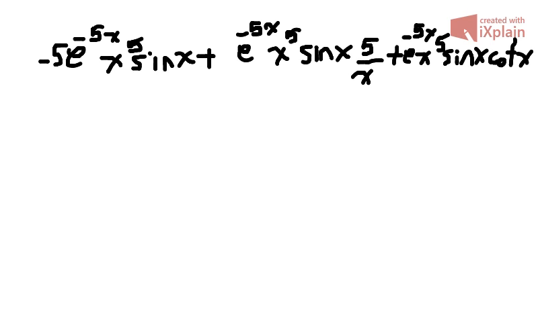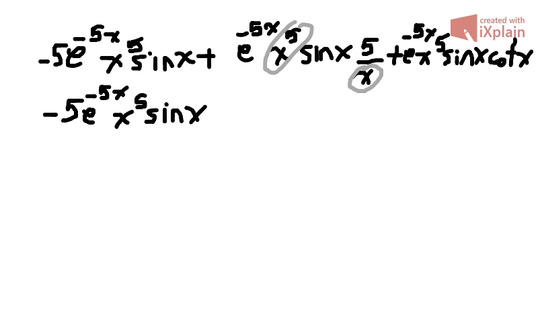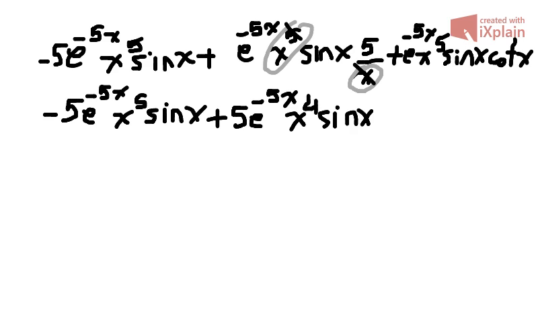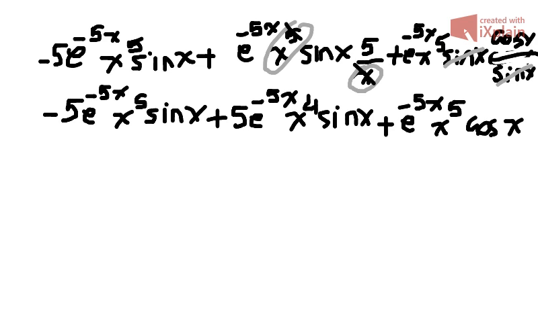So let's see what we can simplify here to make this a little bit shorter. The first term we won't simplify anything, so minus 5 e to the minus 5x, x to the 5, sine x stays the same. But in the second one, we can simplify the x to the 5 with that x on the bottom. So we would have, and maybe pull the 5 to the front, that 5 from the 5 over x, 5 e to the minus 5x. Instead of x to the 5 now, we'll go down to x to the 4, sine x. And the last expression, because cot could be rewritten as cosine over sine, we can simplify those two sines, and we would end up with e to the minus 5x, x to the 5, cosine x. We could keep going,